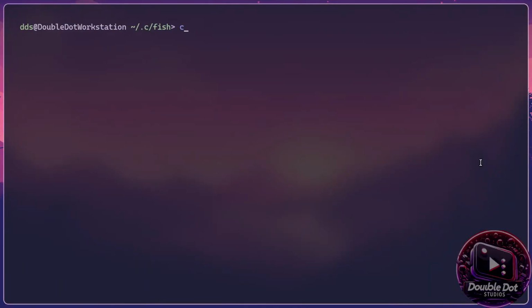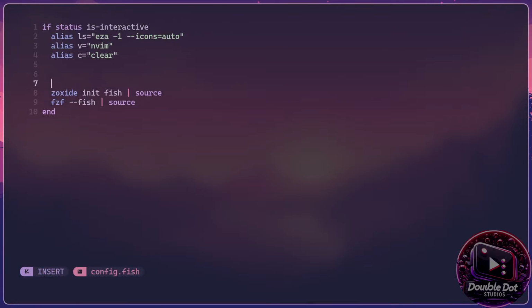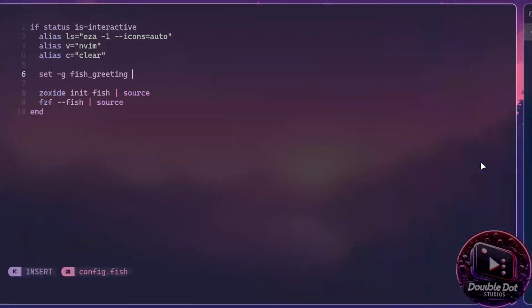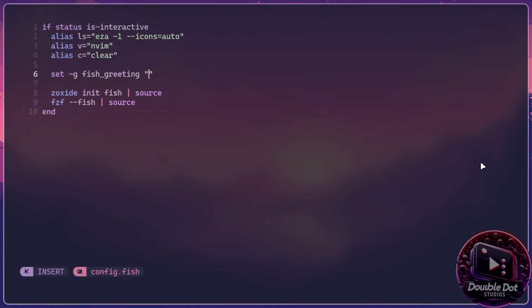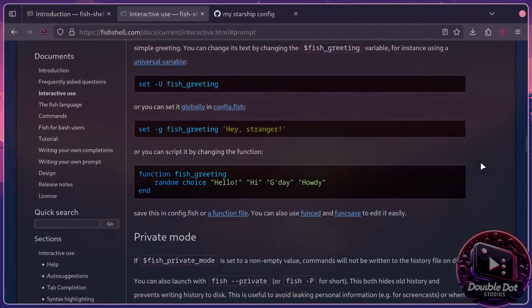So if we edit config.fish, we can do something like this: set -global fish greeting to a string. I don't know what to set it to for now. Let's do hello YouTube. I'll save that. And then